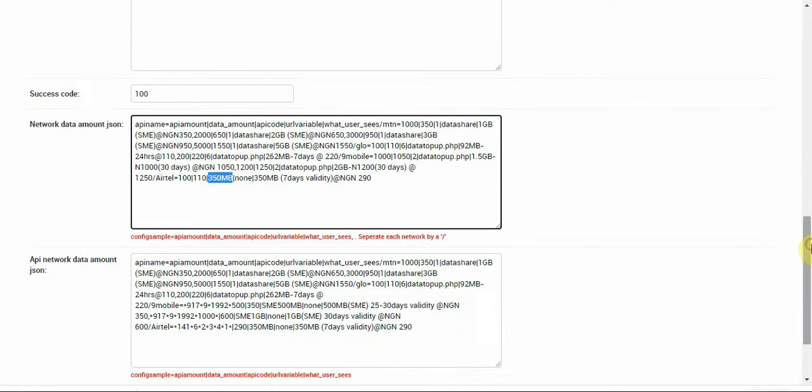Airtel is 1 also. Airtel is 1. Please note the difference between the Airtel and the MTN. Realize that the MTN is the one for the shared data, so that's why they're having the same API code. You understand? So it shouldn't give any problem. It shouldn't give us any error. So now we're having